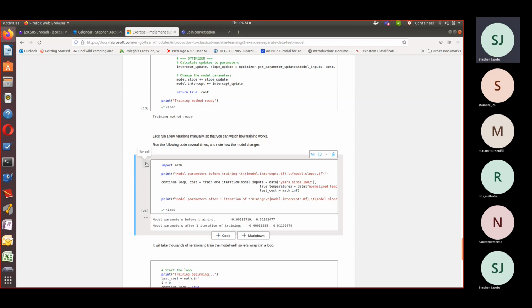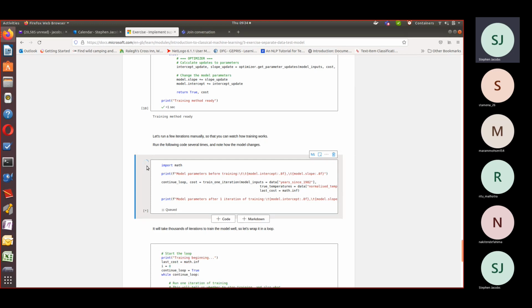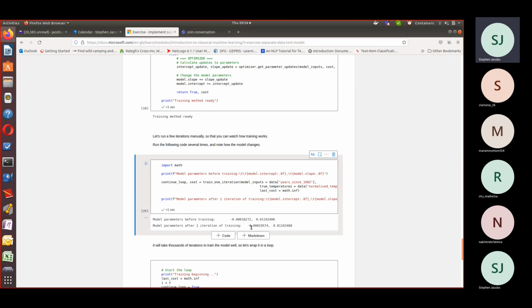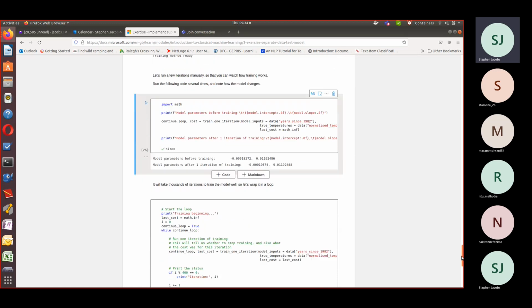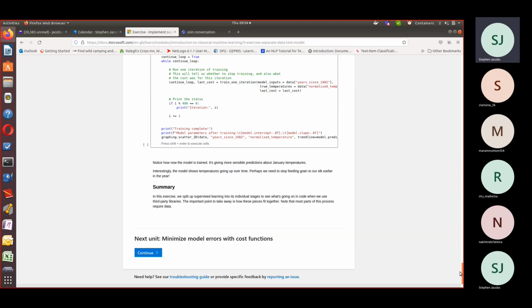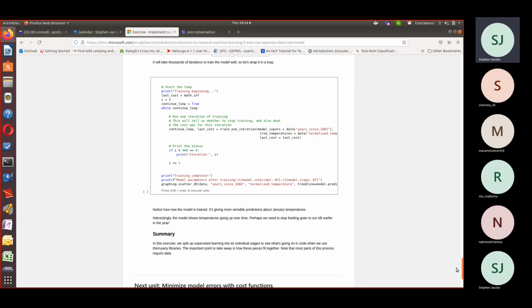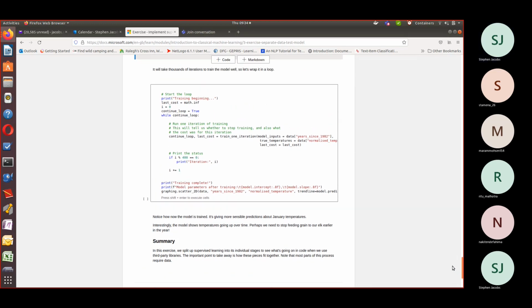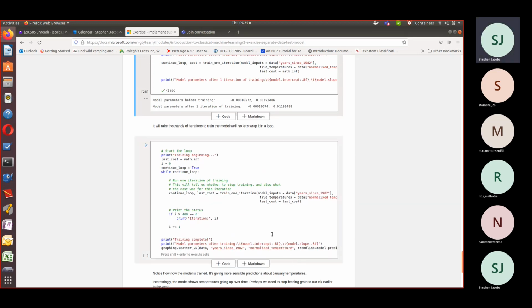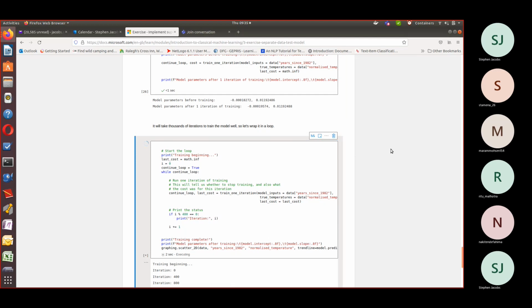Be good to be able to visualize that, wouldn't it, as it was running each time. And what we did yesterday was to extend that and play around with it, getting it to do this kind of stuff automatically and print the values out for us in a row. But we're not going to go through that again because we need to move on to the next step. So let's run this again. So it will take thousands of iterations to train the model. So let's just wrap it all up in one loop and we should get the end result. When it's done, and the end result is